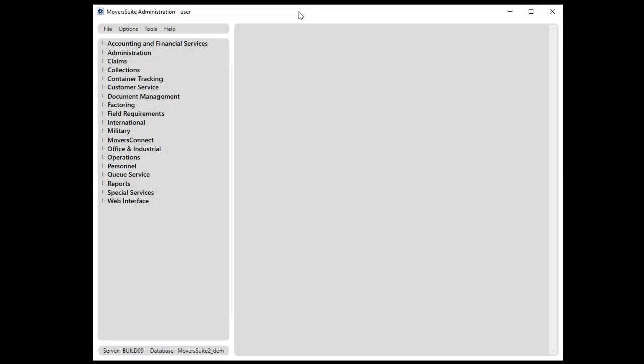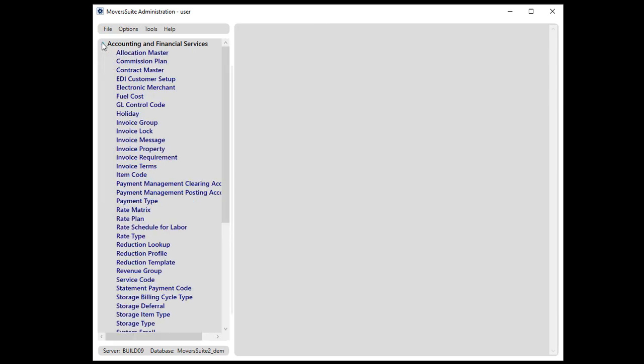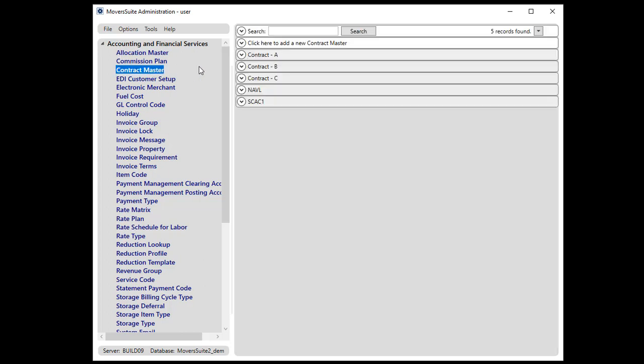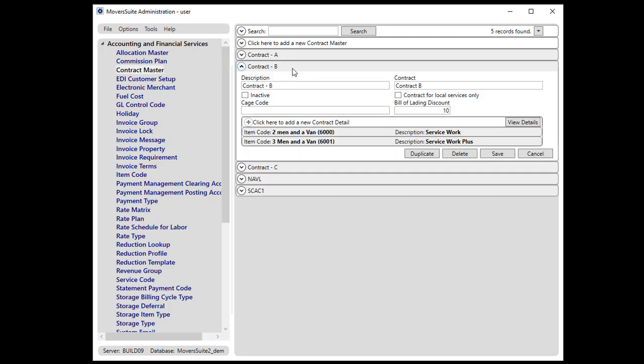In an effort to unclutter the contract selectors in the Admin tool and in MoversSuite, you now have the option to mark Contract Master records as inactive. Under the Accounting and Financial Services category, open Contract Master and select a record that you wish to not be available any longer. Tick the new inactive flag to no longer show this record elsewhere in the Admin tool nor